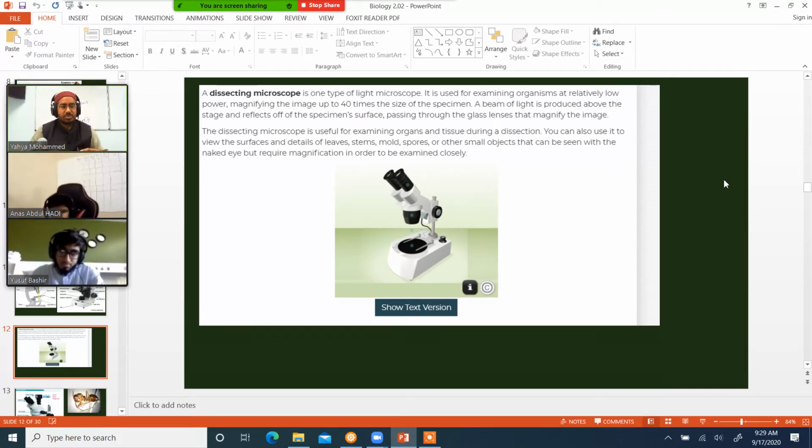Let's suppose you put a frog on it, and you're dissecting, right? Does the light pass through the whole frog? No, you're shining it from the top. It's like if I'm looking at something, I shine a light from the top, and I use a magnifying lens to zoom in. You can use this for slides if you have a light at the bottom. Some of them have a light at the bottom also, but usually this shines light from the top, and the light goes down and bounces off of the surface so you can see it. So this is not for a thin section. It's kind of like a mirror, right?